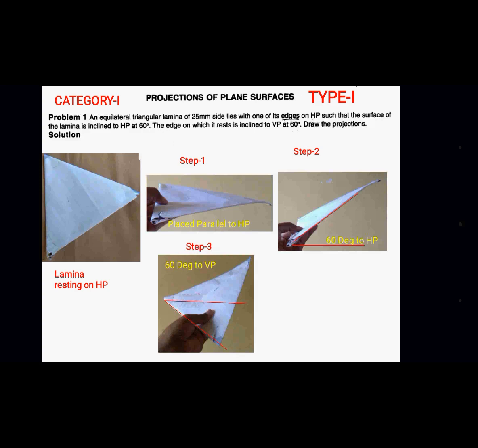And then the second one, beta angle. Though it's related to type 1, it's a part of general problems, but the third step of the problem will be associated with beta angle. So in the type 2 beta angle problem, step 1 and step 2 will be similar to your type 1 general problems. The variation you find is in the third step, where you find the beta angle concept.